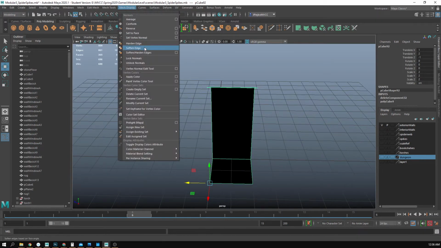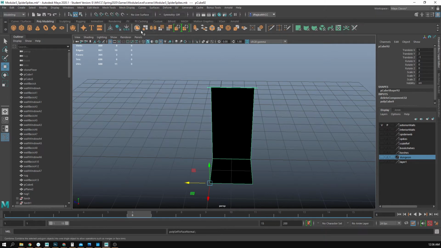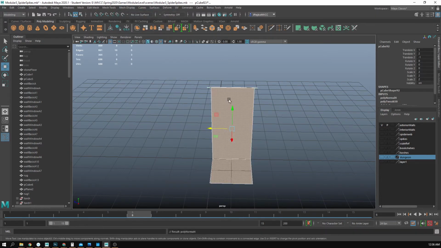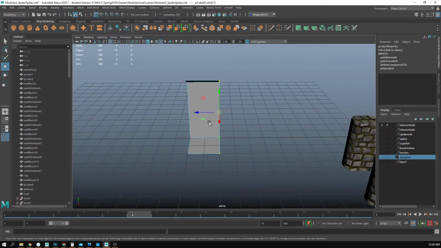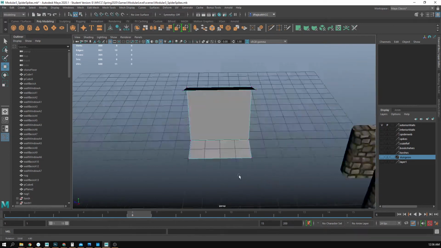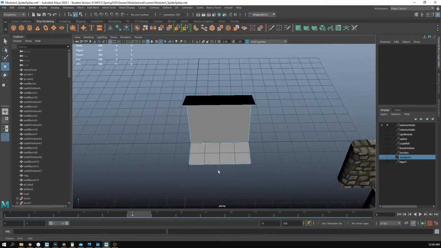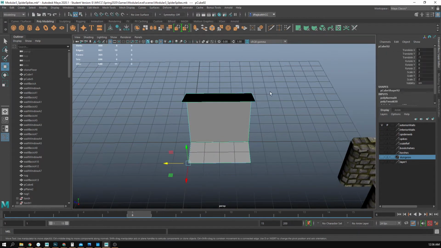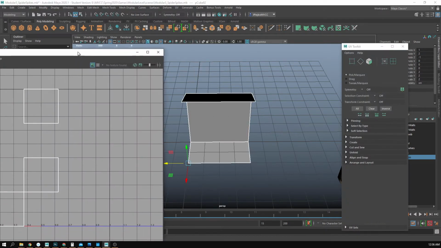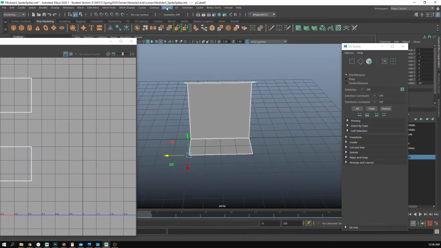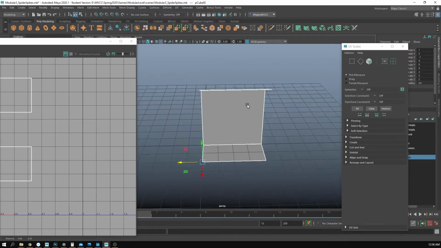So I'm going to reverse my normal, so it's on the inside now, and I'm actually going to double the distance on this, so it is actually wider as well. So now that I have that, now I know I modified my UV, so I should make sure before I do anything else that my UVs are set up correctly. I'm going to do a